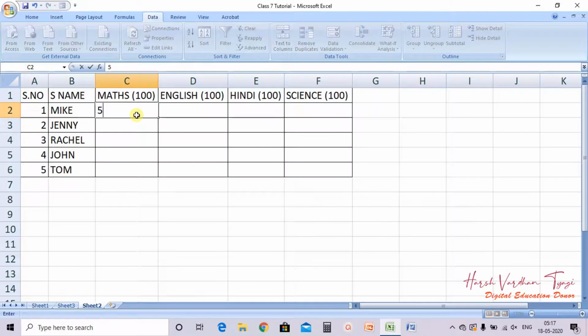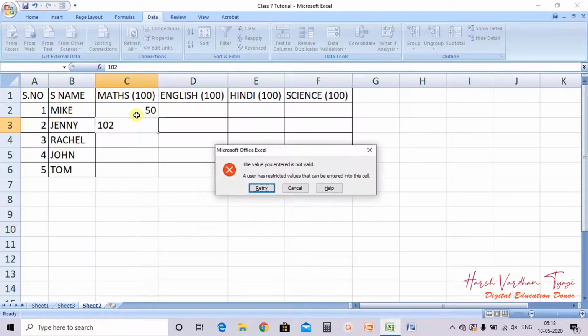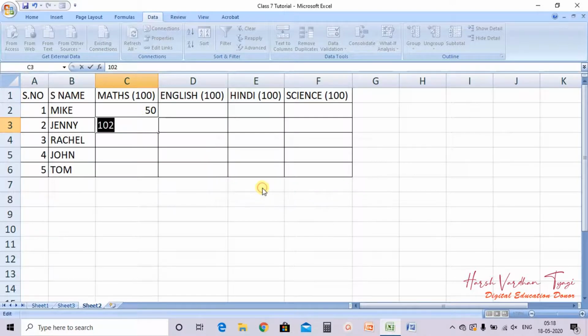Now I am entering 50, it will be acceptable. Then Jenny, she has entered 102. Oh my god. Then when she presses the enter key, she will also get the error message. So retry 100, 0 acceptable.